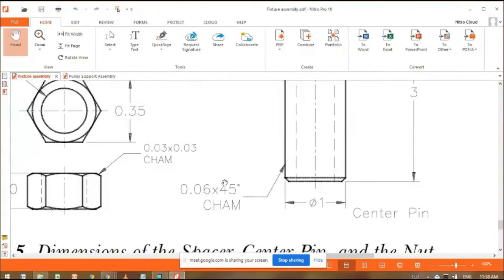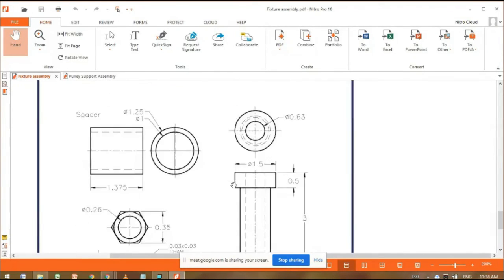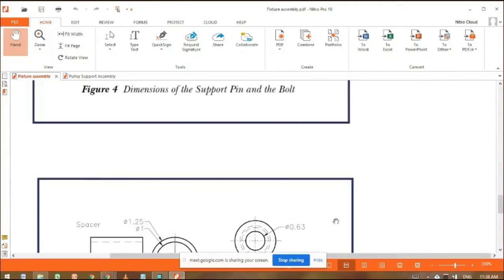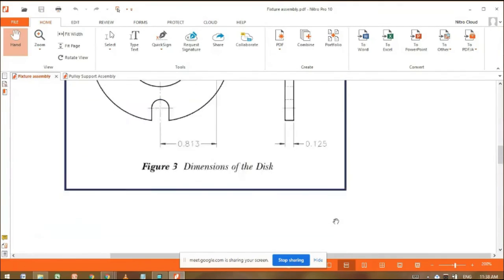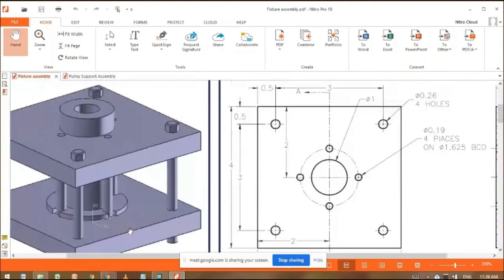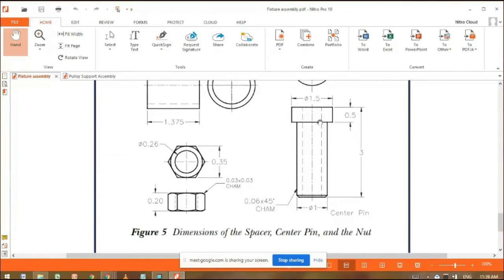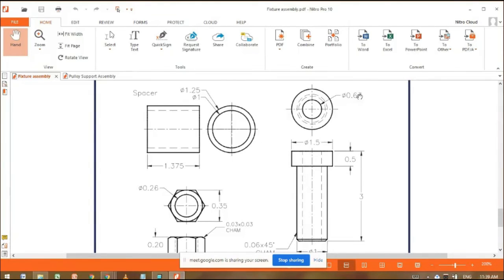Here other things are remaining. That is the chamfer command. How to use the chamfer command, I will tell you later. But understand the revolve command here. There is a revolve command. And what is the position of the center pin? Here we can see the center pin in the 3D model. Center pin. I think this is that part. But say one important thing here: dotted lines are given here. Okay, this dotted line means there is a hole. So here 0.63 is the hole diameter.